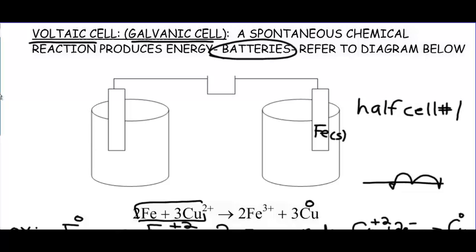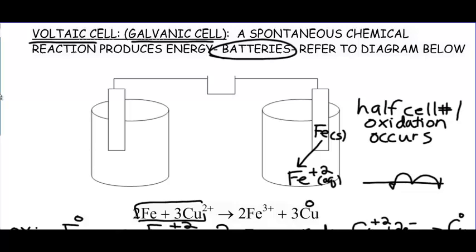And as the reaction proceeded, it would lose electrons and turn into iron +2 in solution. We separate that half cell where oxidation is occurring, and it doesn't always have to be on the right, I just drew it that way, from the half cell over here,